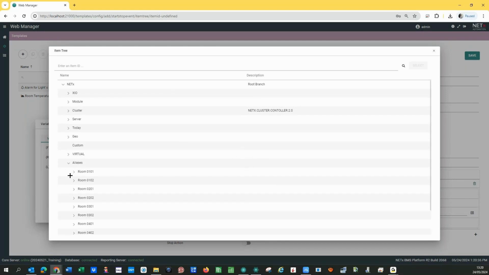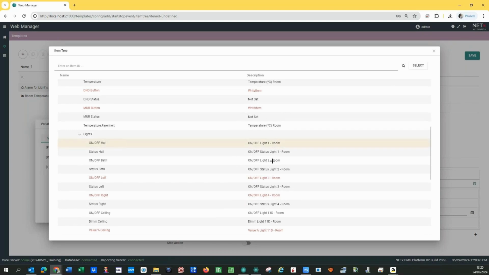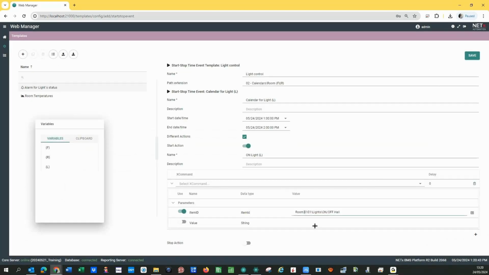So in alias, I select whatever light, but using the variables, concept, floor and room, and on off of the light. This is okay. I will copy this, just send one, and stop action